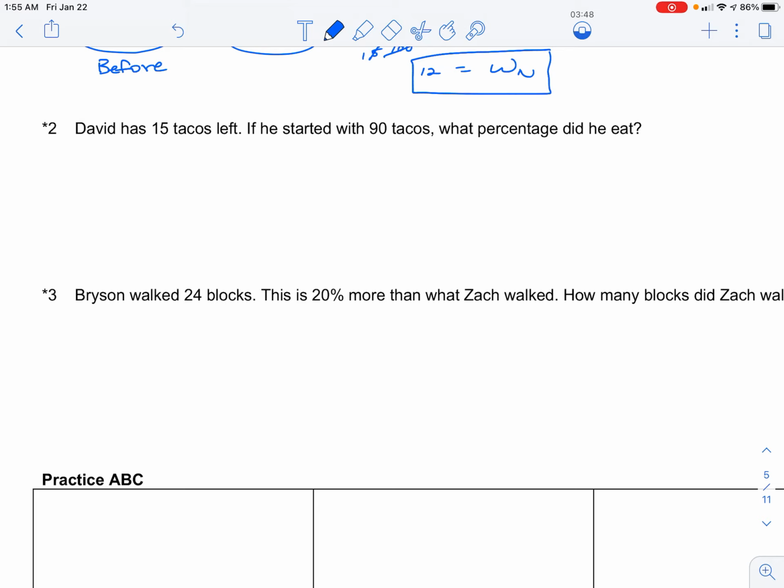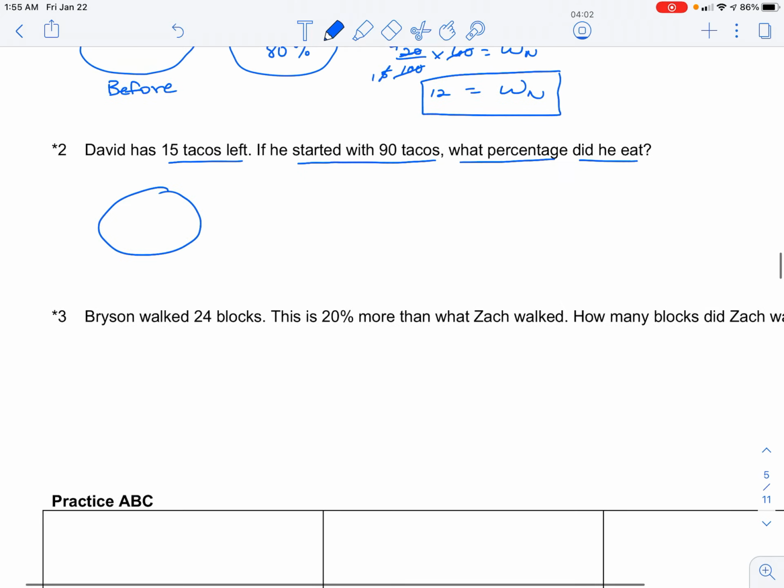That's number one. The second one, David has 15 tacos left. If he started with 90 tacos, what percentage did he eat? So let's go ahead and get our circles, our little diagrams. He started with 90 tacos, so 90 goes in here. And that is what Saxon calls the before information. So before he eats them, there were 90. And then in the second circle, we're going to split that up into two parts here. And we notice that there are 15 left,